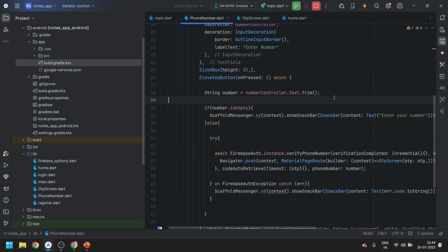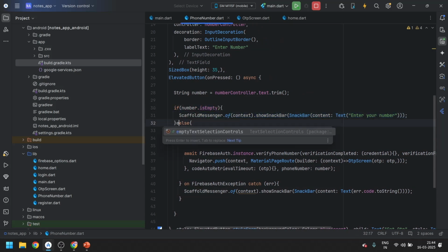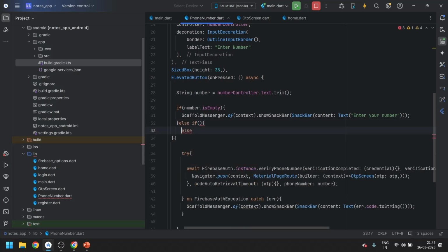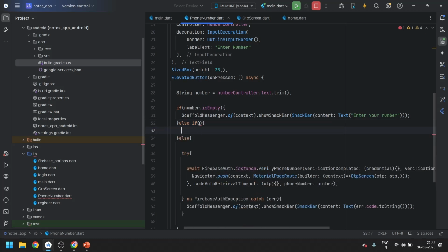Now one more thing we can do: if the number is empty, it will tell us to enter a new number. But what if anyone entered a number whose length is not properly 10, like it's not a 10-digit number?